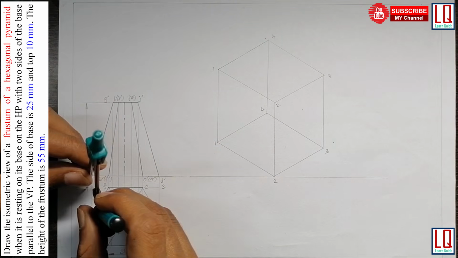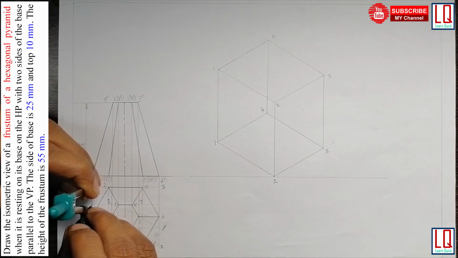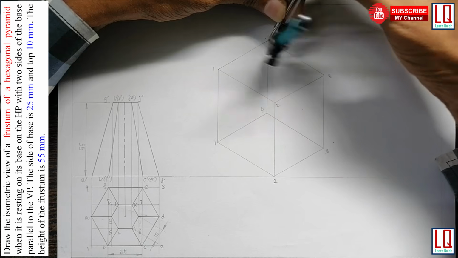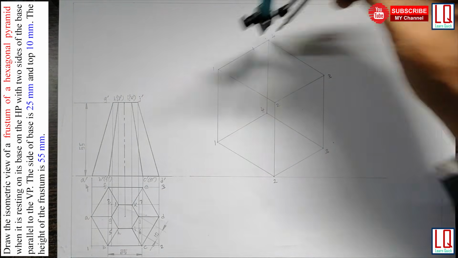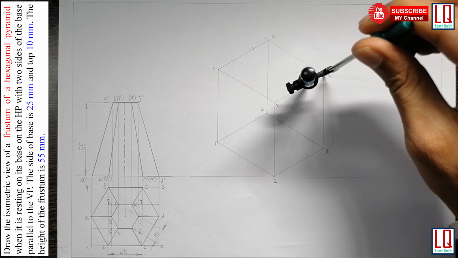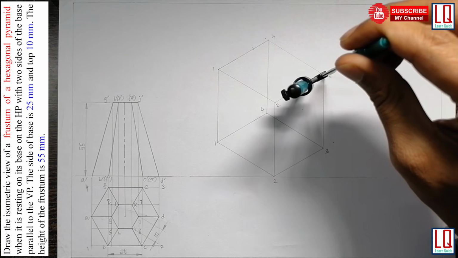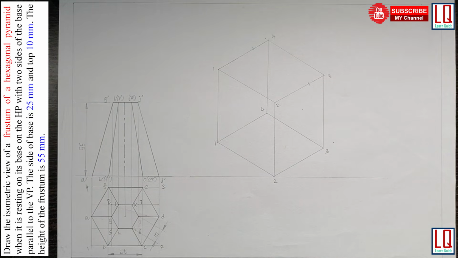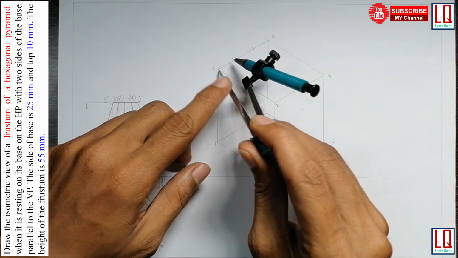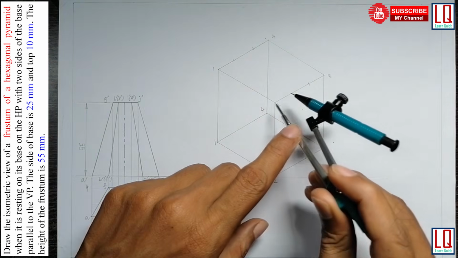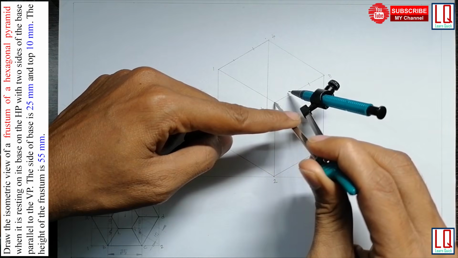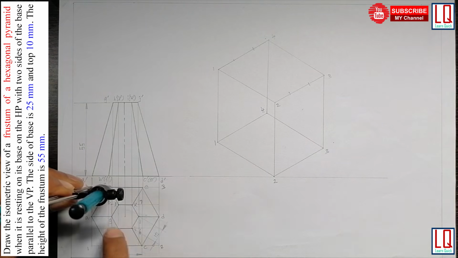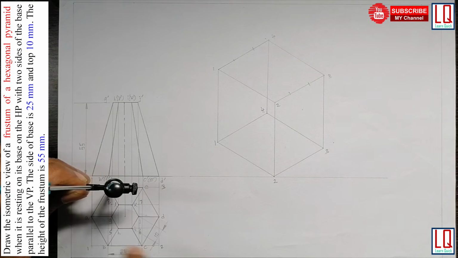So to do that, I measure the distance from corner 4 to 8, which will be the same from corner 3 to K, and it will be the same distance from 1 to H and from 2 to I. So now I measure the distance between 4 to L, the line 4, 3.